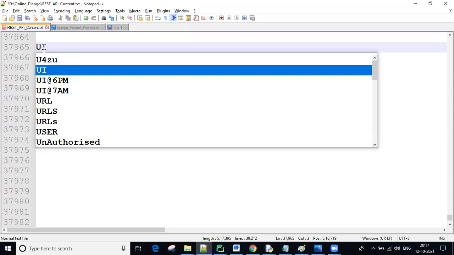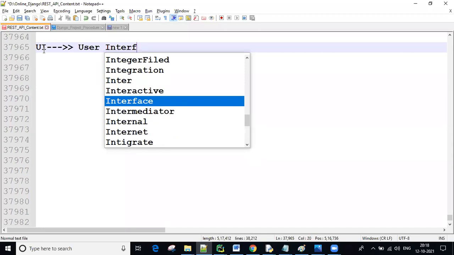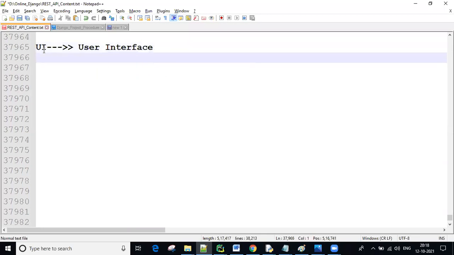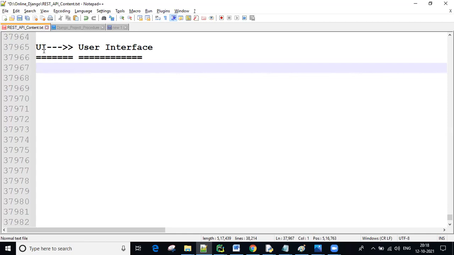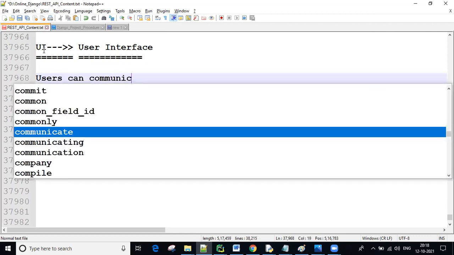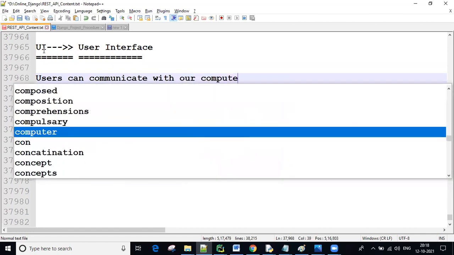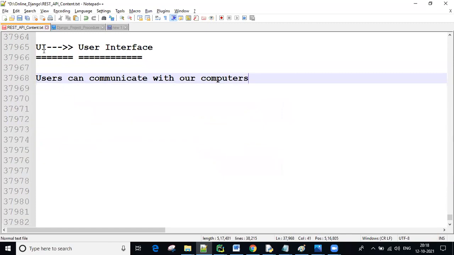So UI stands for user interface. Using this user interface, human beings, users, can communicate with our computers to perform something.